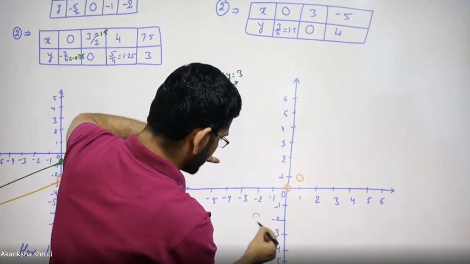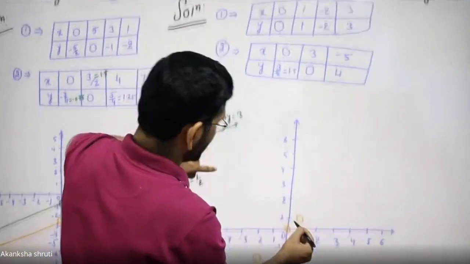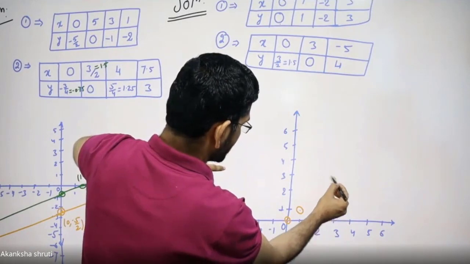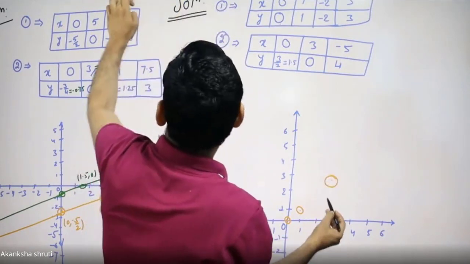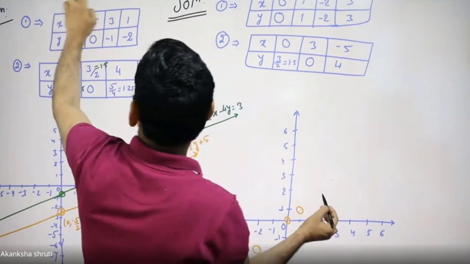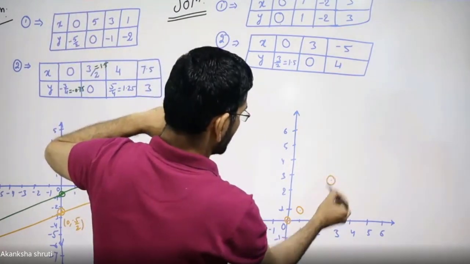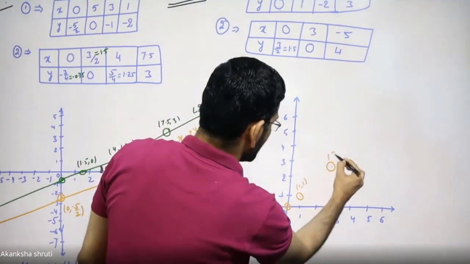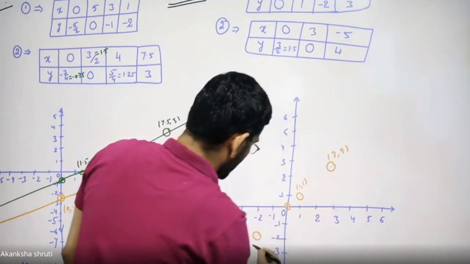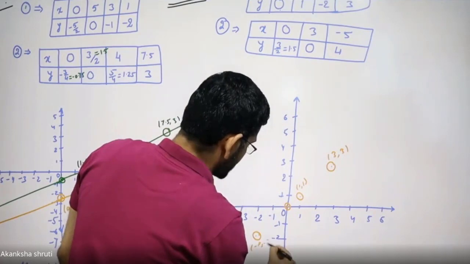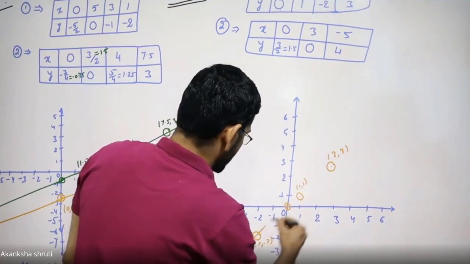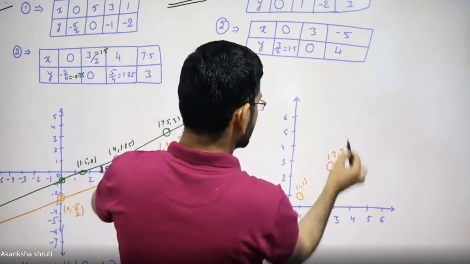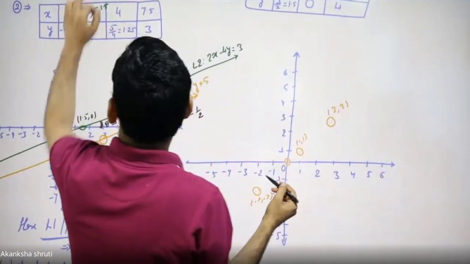So we have to move like this. X is 3, y is 3. X is 3 here, y is also 3. If you wish, student, a better habit is to plot these points as 1, 1, 3, 3 and -2, -2, then join them. On joining this, we are obtaining that it is on a straight line.